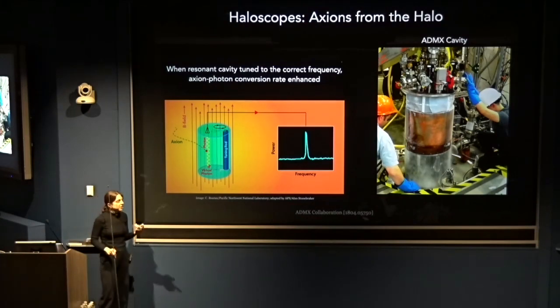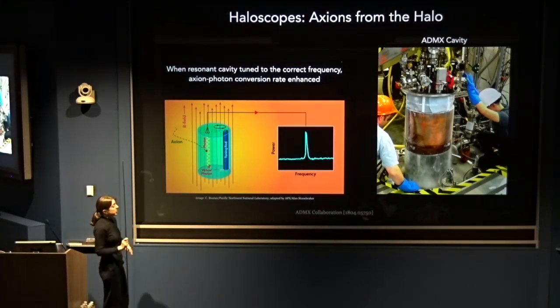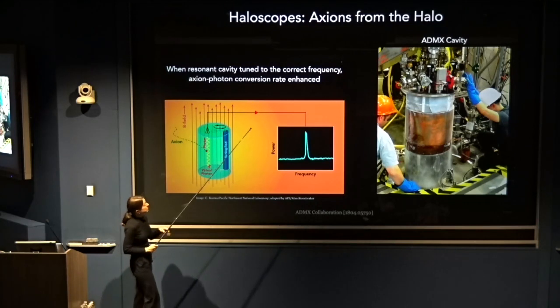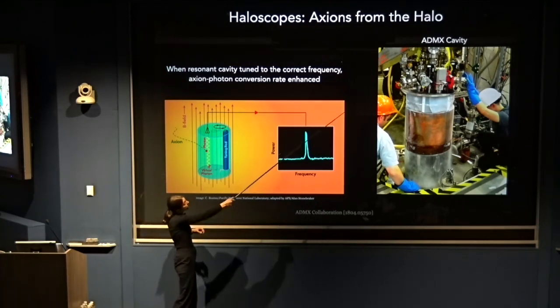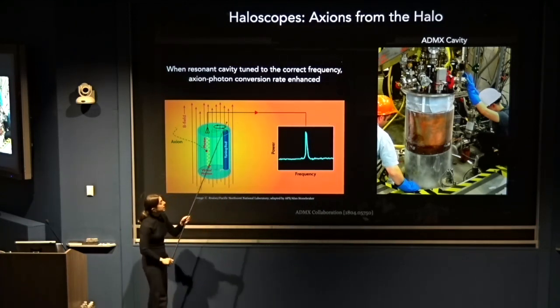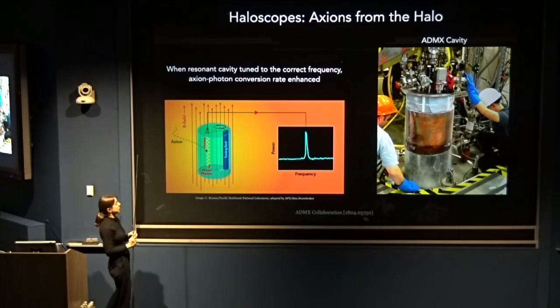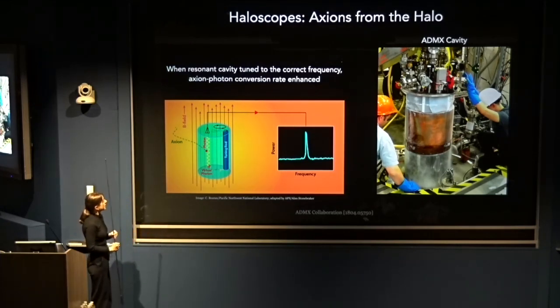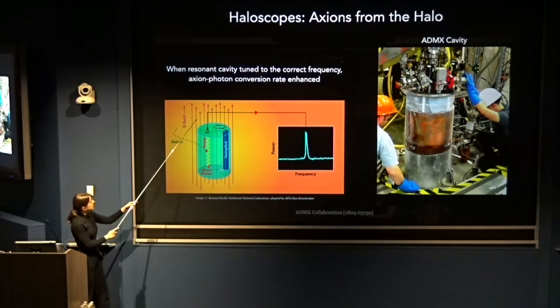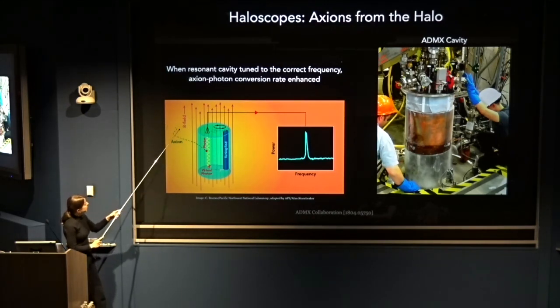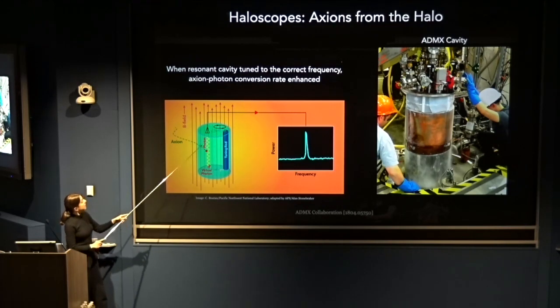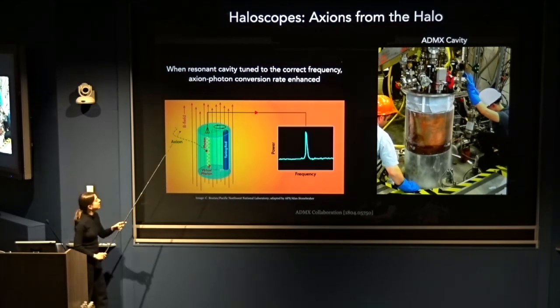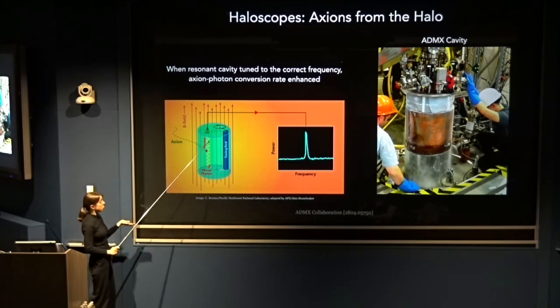And this is essentially the basic premise behind one of the really pioneering axion searches, the collaboration at ADMX. It's based out in Washington, at the University of Washington. It's literally that idea. They have this very powerful magnetic field. They're waiting for an axion to fly through, hoping that it ends up converting to a photon, which they can then record.